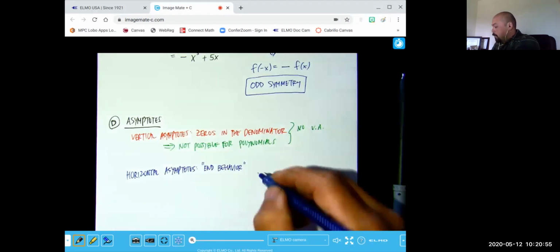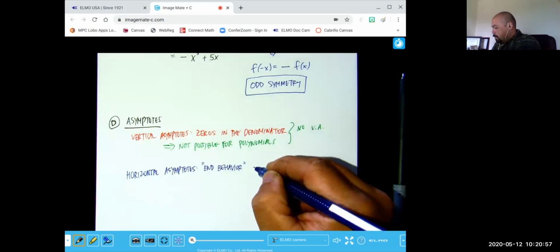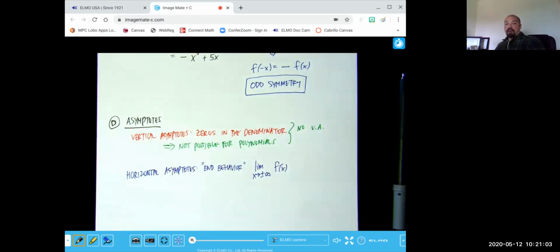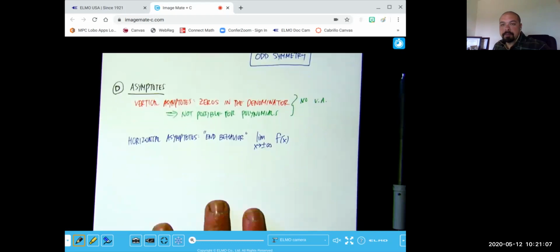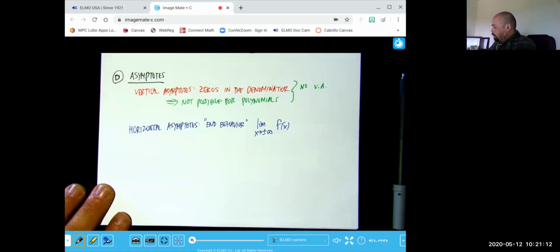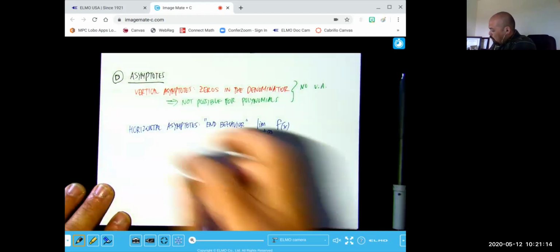We're taking those limits as x goes to positive and negative infinity for our function. And so now with that said, taking our equation and looking at our limit,